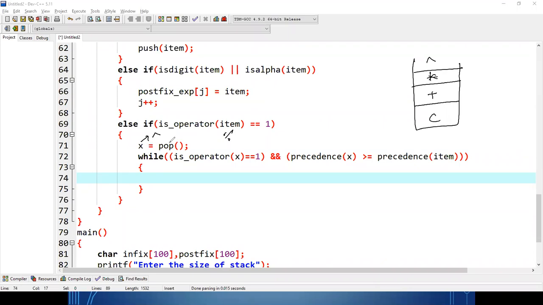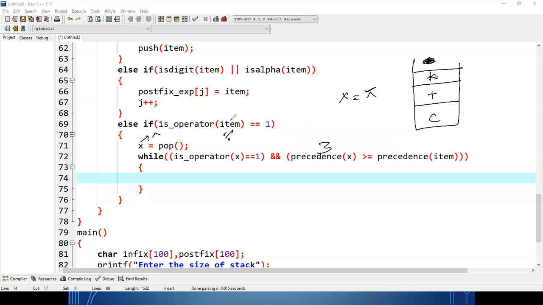Now I am doing the pop operation. This x is currently containing this one. So whenever I am doing pop, this is coming out. Now I am checking whether this popped character is an operator or not. Yes, because this will return 1. Then precedence of x is 3, because it will return the priority 3.